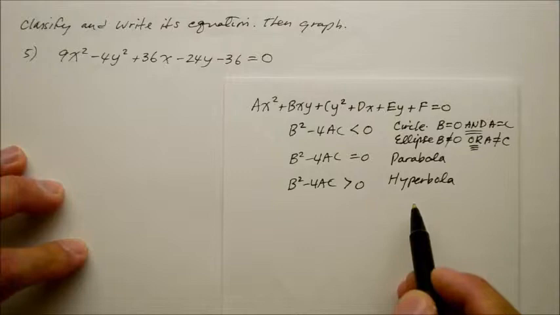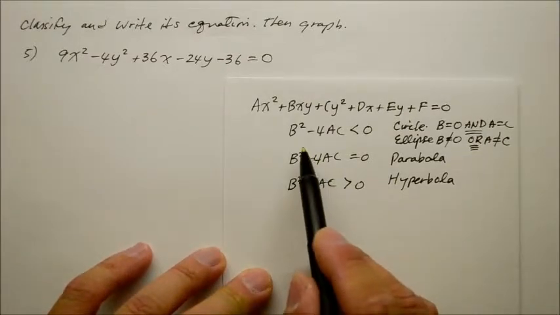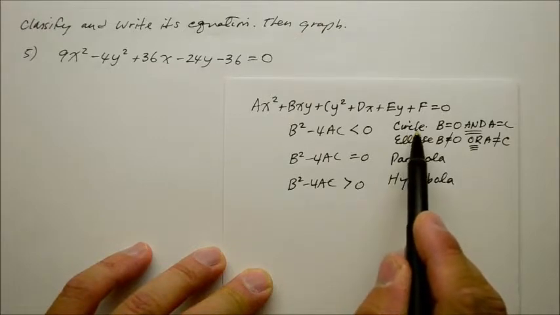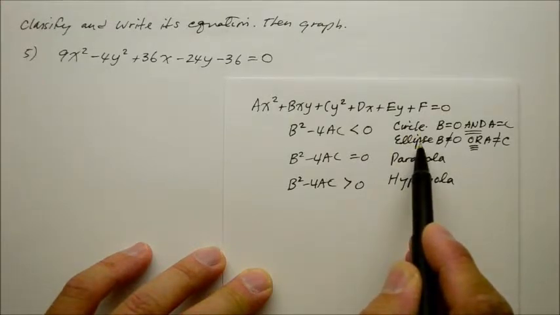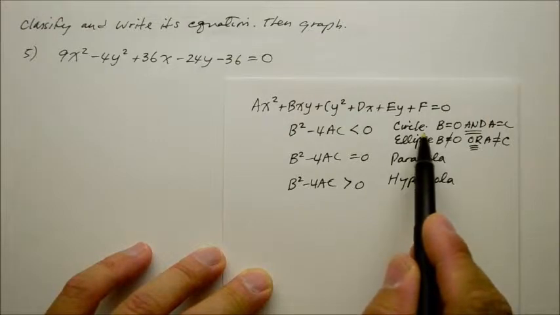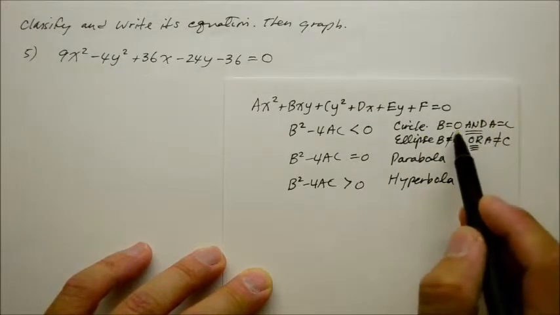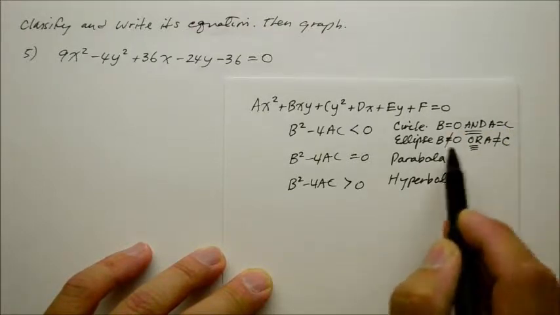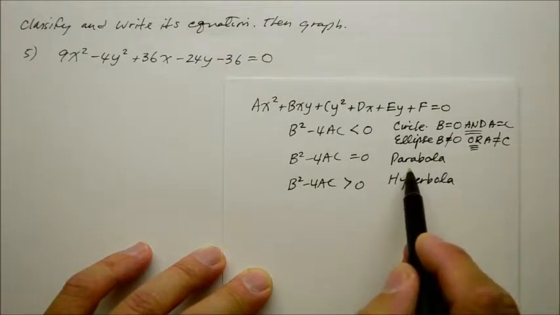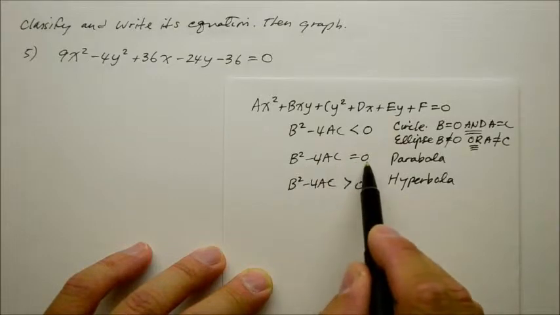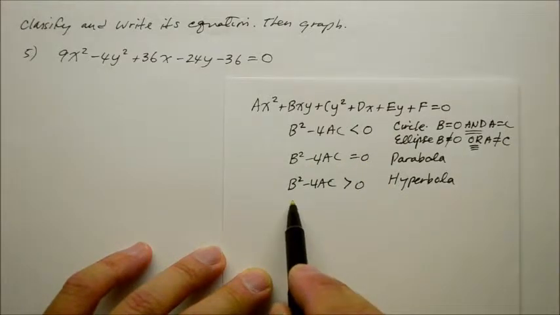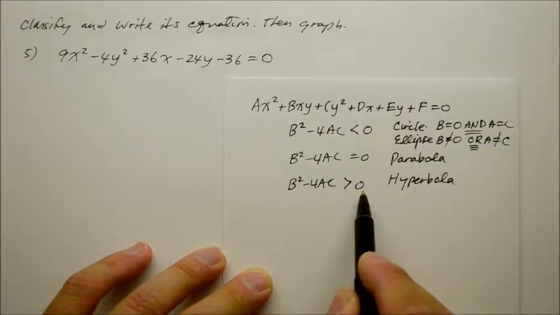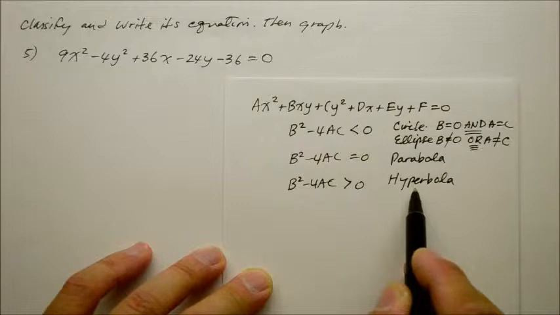identify which is which. If the discriminant b squared minus 4ac was less than 0, we said there's a possibility of being a circle or an ellipse. And what distinguished them was the fact that to be a circle, you had to meet two criteria. B had to equal 0, and A and C had to be equal. Otherwise, it's an ellipse. To be a parabola, the discriminant had to equal 0. And if the discriminant was a positive number, greater than 0 that is, you knew you had to find the